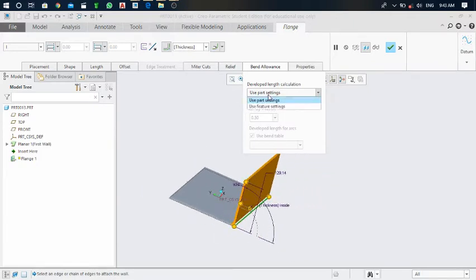From the developed length calculation, use feature setting. Now these two options are visible. Here you can set the value for the K factor and the value for the Y factor. These are bend allowance values.